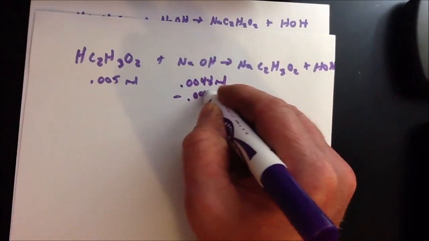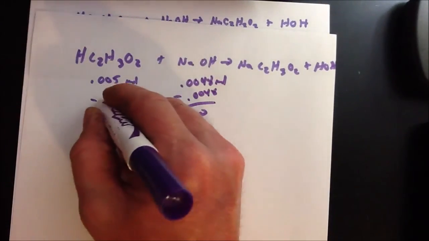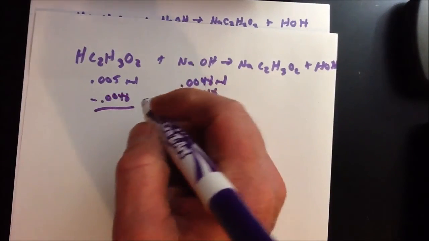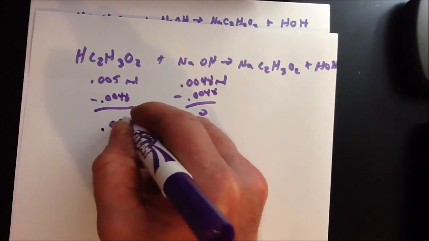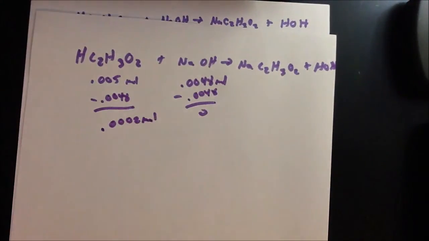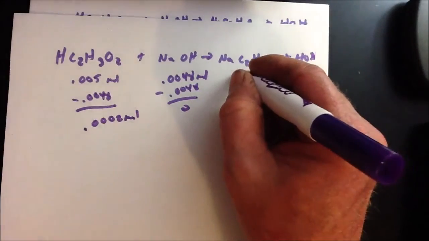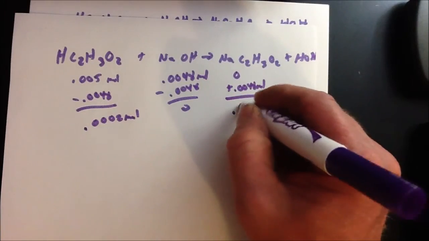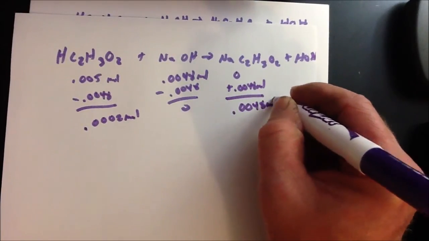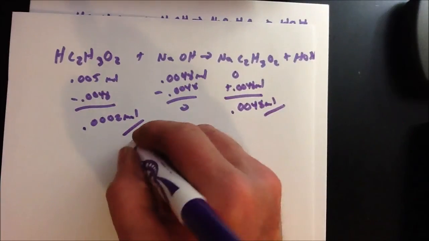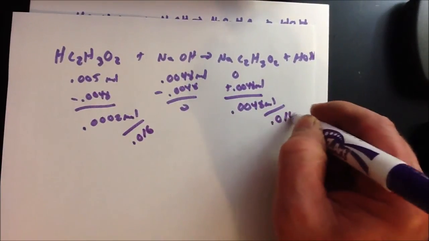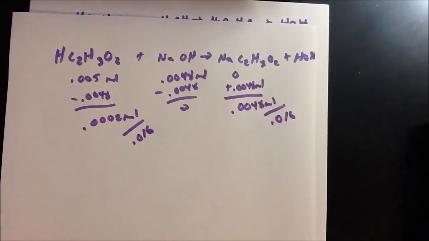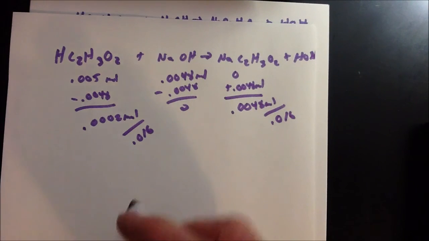So that's going to decrease by 0.0048, minus 0.0048. Leaves us with 0.002 moles of excess acetic acid, but also this is going to go up by 0.0048 moles for the conjugate base, leaving us with 0.0048 moles of conjugate base. Divide by the new volume, 0.016 liters, and now I've got my concentrations. 0.002 divided by 0.016 leaves me with